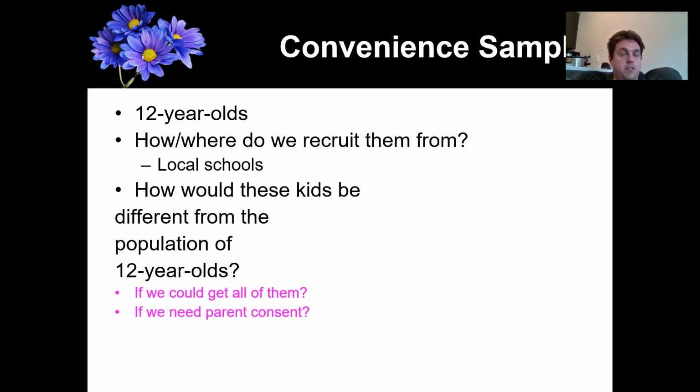I mean, that could certainly be the case. And if they are more interested in science, are they smarter, right? Are they more educated? Could be a lot of things. Are they better in terms of SES? Could be, again, a lot of things that vary with where you get your sample.